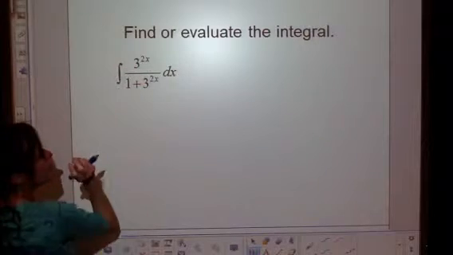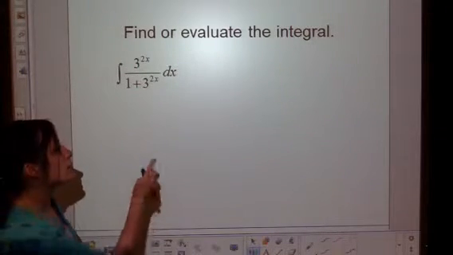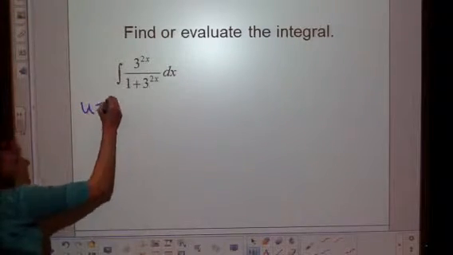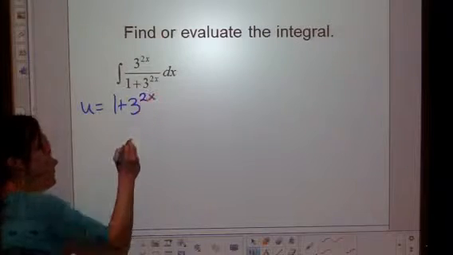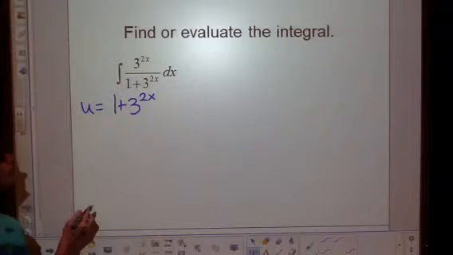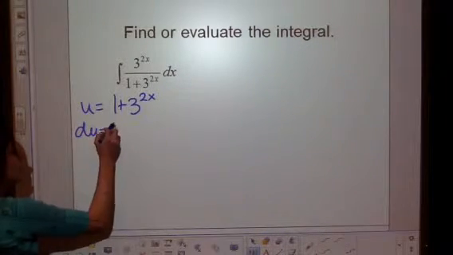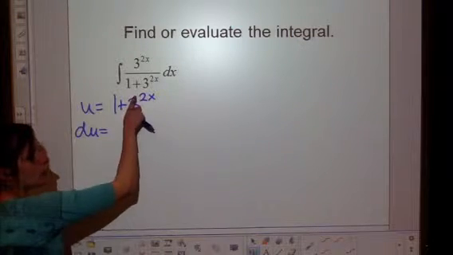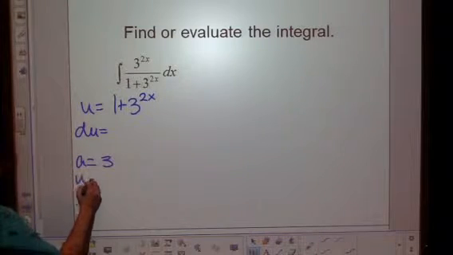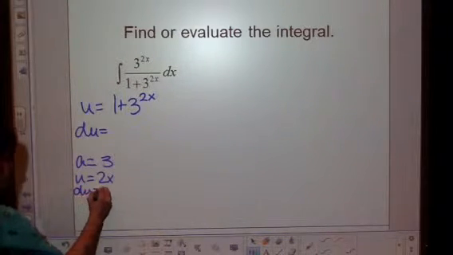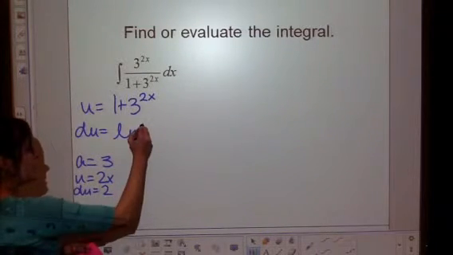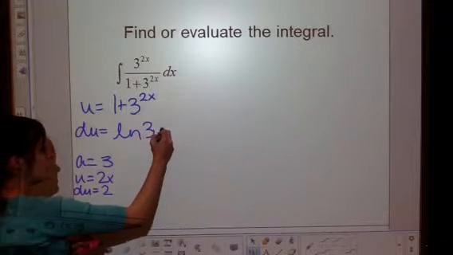So it appears in 2 spots, and like e, when e appeared in 2 spots, we couldn't say that our exponent was our u. So I'm going to say u is the bottom. So if u is the bottom, that means derivative of u, that's 0. This is our new property. So we have to say what a is 3, u is our exponent, and du is 2. So this is a to the u. Its derivative is ln a times a to the u